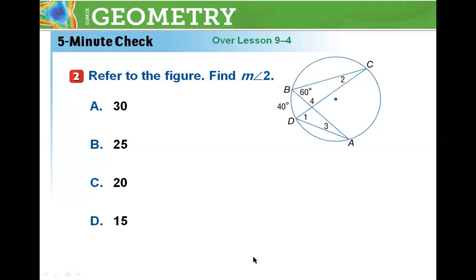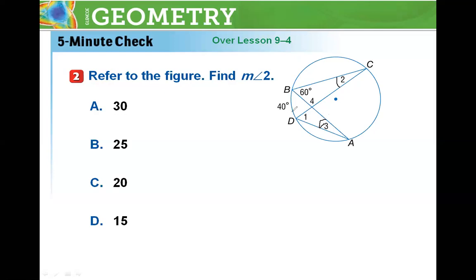Abdullah Al-Gurni, can you read the example, please? Refer to the figure, find the measure of angle 2. I need to find the measure of angle 2. Okay, the measure of angle 2 equals the measure of angle what? 3. Excellent. The measure of angle 2 and the measure of angle 3 are two equal angles because they are subtended by the same arc, which is